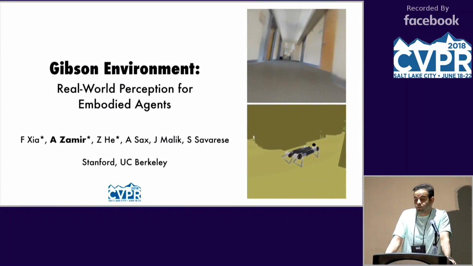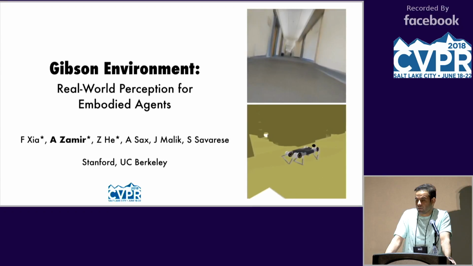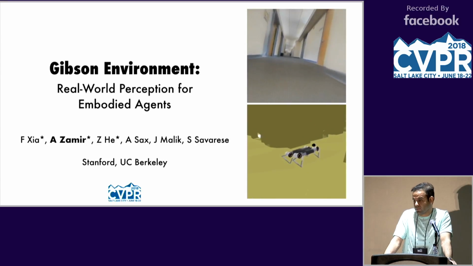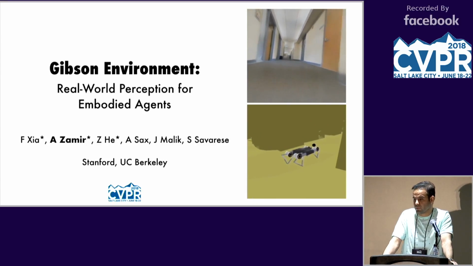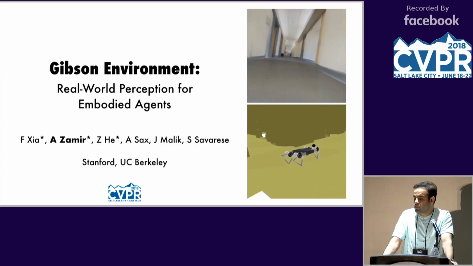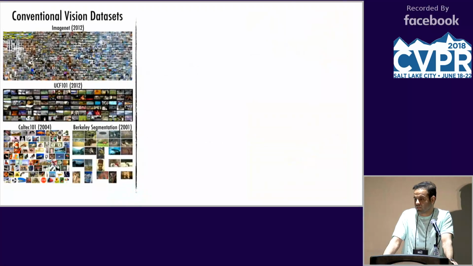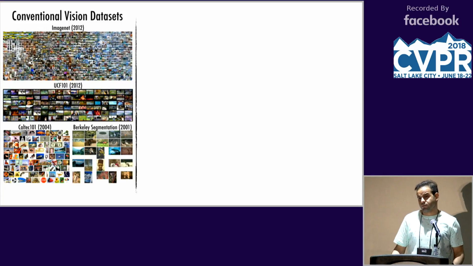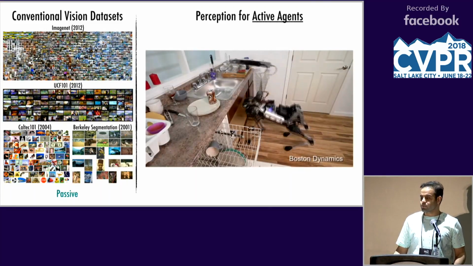So good afternoon, everyone. I'm Amir Zamir, presenting Gibson Environment, Real-World Perception for Embodied Agents. This is work done at Stanford and UC Berkeley with Fei Xia, Jiang He, Alexander Sachs, Jitendra Malik, and Sylvia Soares. So traditionally, computer vision is learned using data sets, but we need to develop perception models for agents